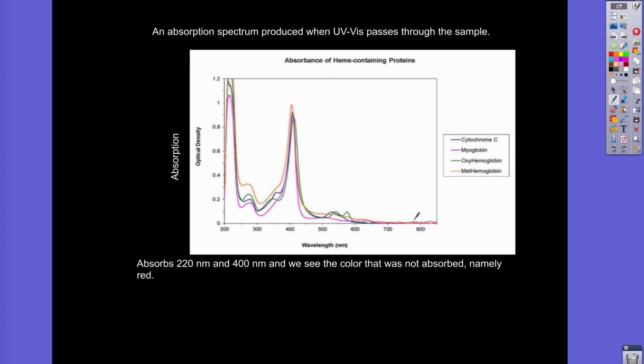through UV visible, this is what happens. A wavelength of 220 and a wavelength of 400 is absorbed, and what you see is usually the color that is not absorbed. So in this case you are going to see between 600 to 700, and you're going to see the red of the hemoglobin. So the other two wavelengths are absorbed, and the red is the color that you see that has not been